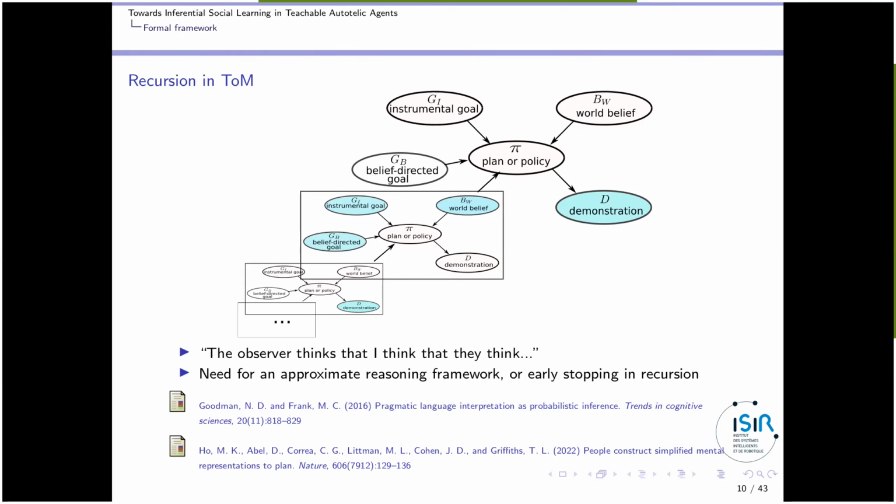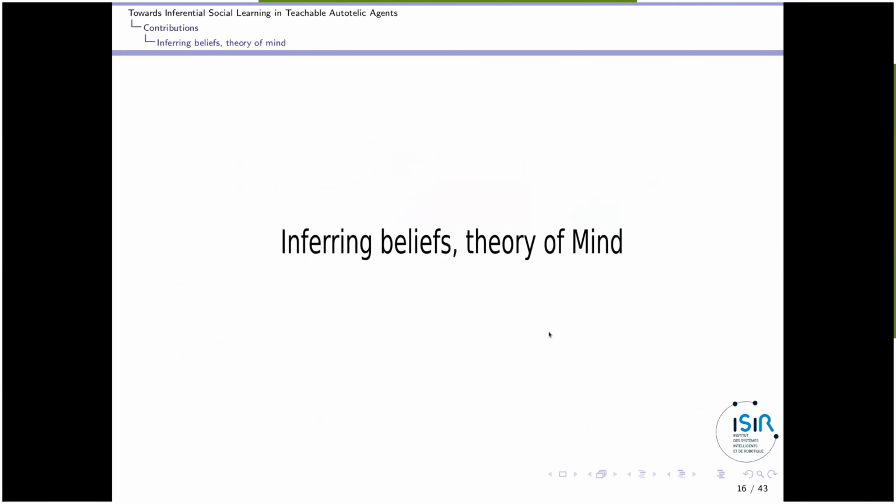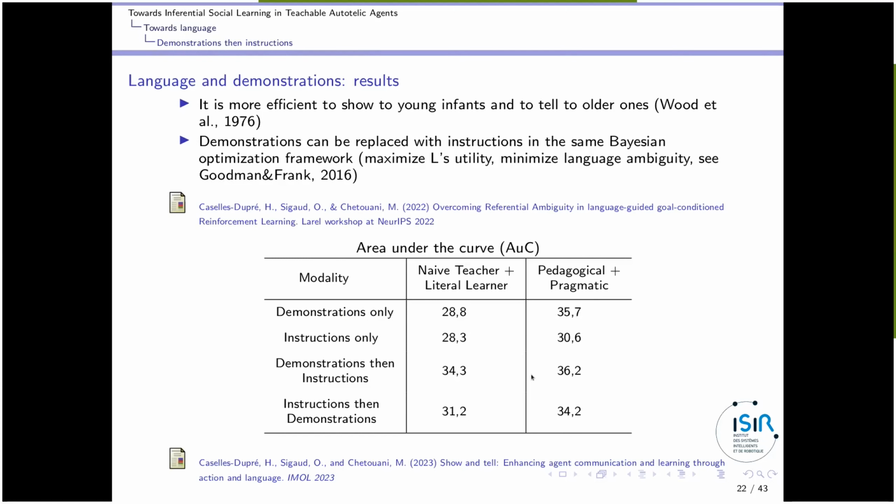So with Hugo, who is there also, we decided to reproduce these demonstration experiments also by interacting with language, and then we got interested in a second question, which is also in Bruner's papers: in which situation shall we use more demonstration, and in which situation shall we use more language? In fact, in Jerome Bruner's paper, they say that with younger children, you use more demonstrations, and with older children, you use more language. And we decided to try to reproduce this.